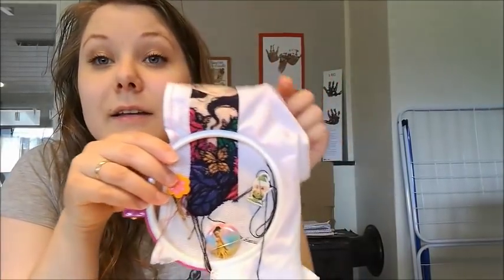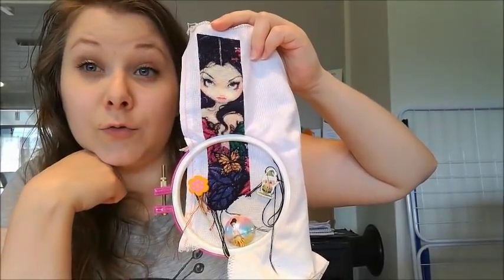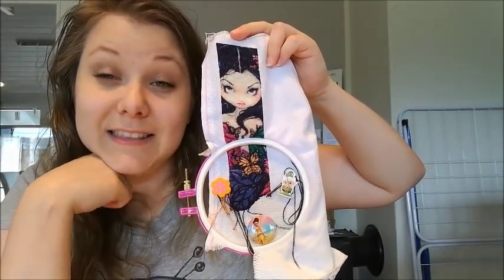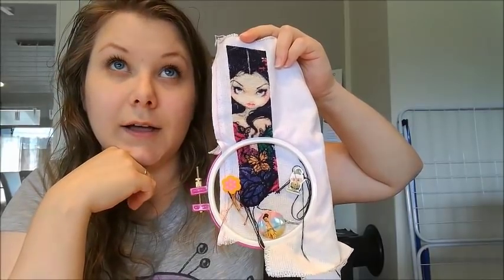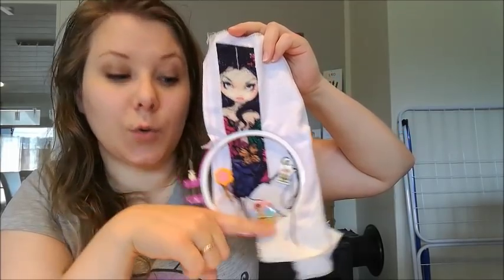Butterflies Galore, it was started at the end of October 2017. This is where it was in the beginning of the year, and here it is now. And I'm not taking it out of the hoop because the 90-day challenge in Full Coverage Fanatics, I am going to use this one because there is so much confetti